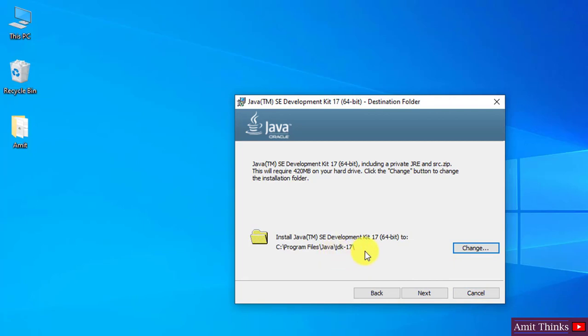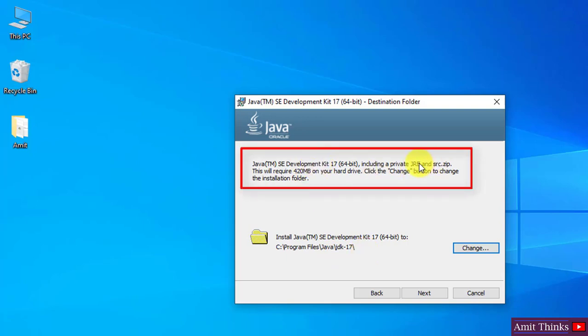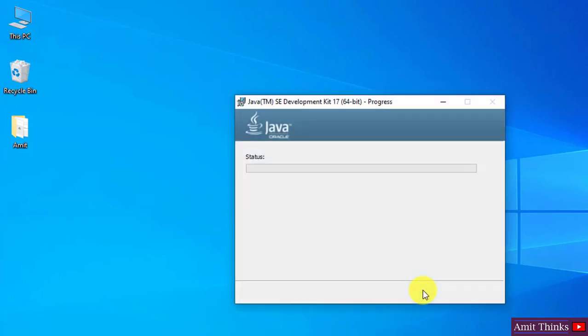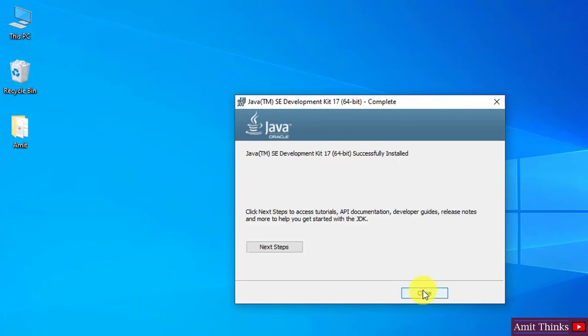So it will create a JDK folder also within the Java directory. Nowadays you don't need JRE. As you can read here, under JDK, JRE is provided, so we don't need to add it separately. That's it. Click on next. Now the installation started. You need to wait for a few seconds. So guys, now you can see we have successfully installed. It is written here. Click on close.